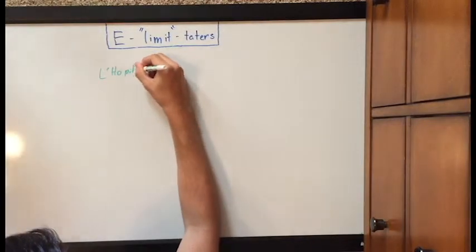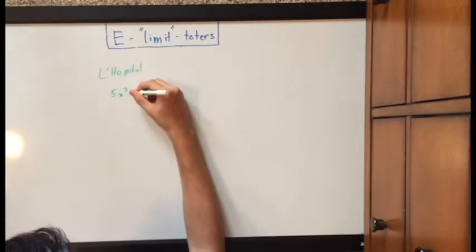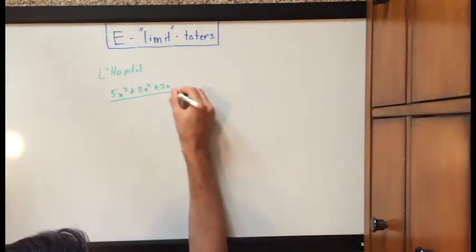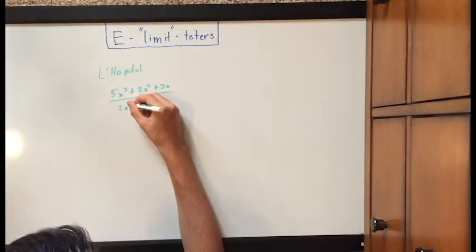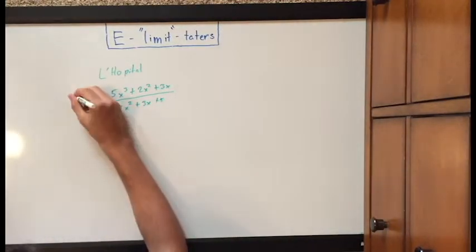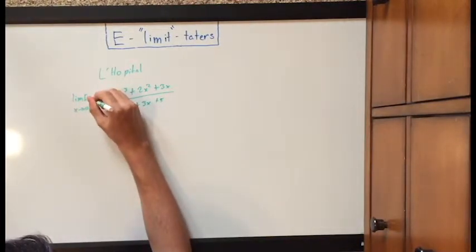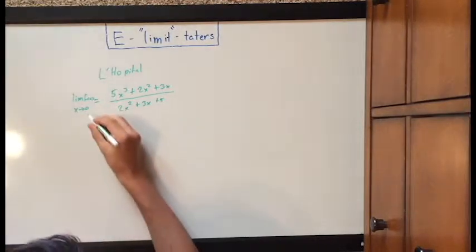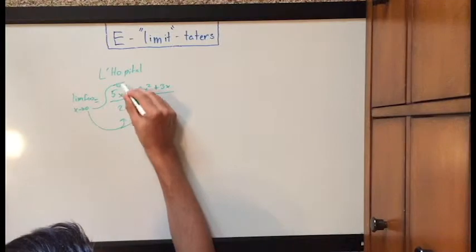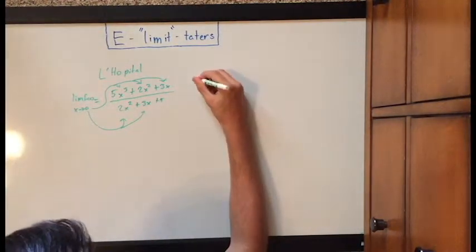No, but seriously, L'Hôpital's rule, or La Hospital, or The Hospital. It's French for something, but we don't actually know what. So we have a function, 5x cubed plus 2x squared plus 3x over 2x squared plus 3x plus 5. And we're trying to find the limit of this function as x approaches 0. When you plug in 0 into all of the x values,